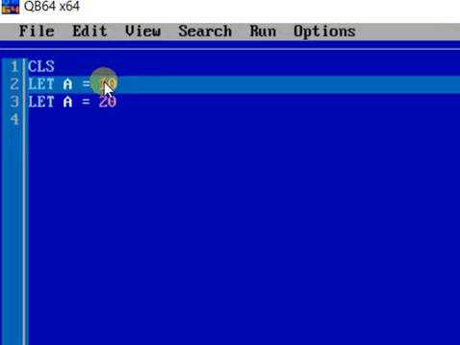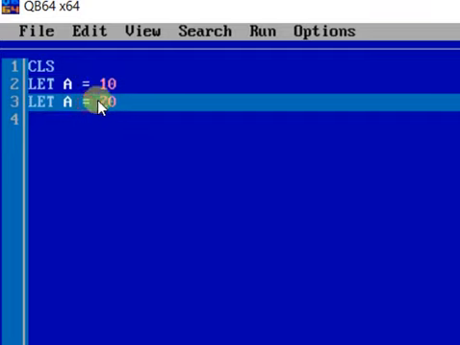So accordingly, we can see that constants are assigned to variables by the equal to sign. The constant is written on the right hand side and the variable on the left hand side of the equal to sign, and this will assign the value to the variable. This can be performed by using the LET statement. LET is optional because without using LET also the same thing can happen. For that reason it is called optional.